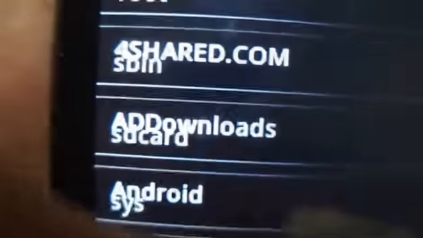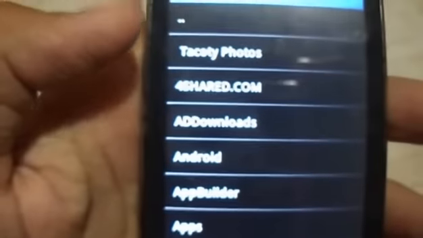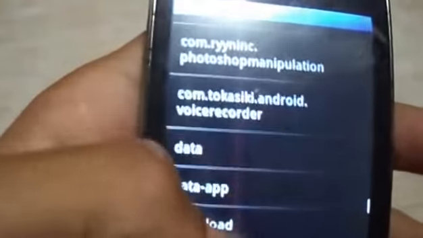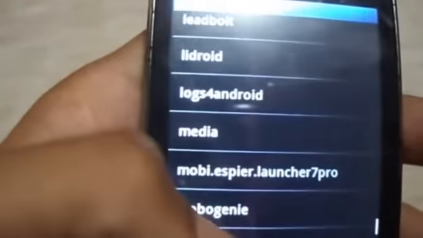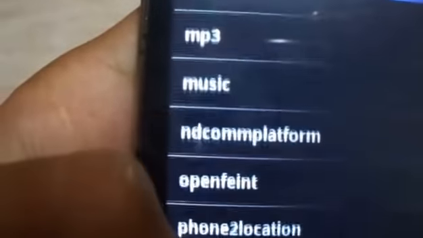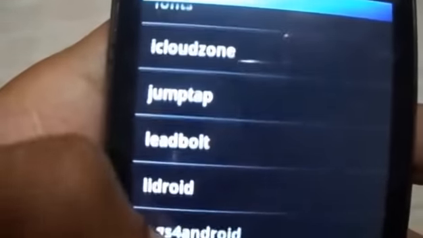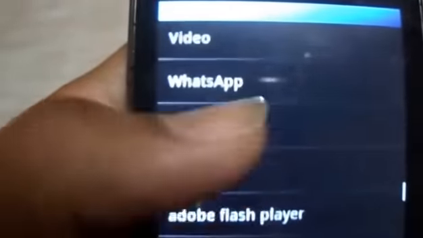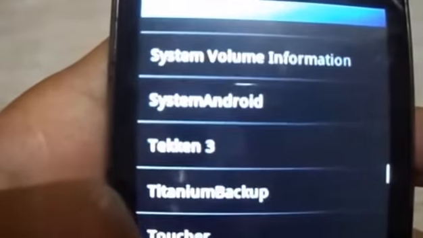Now go to the last fourth option, SD card. Now go to that folder Taken 3 that we have made. Here it is.